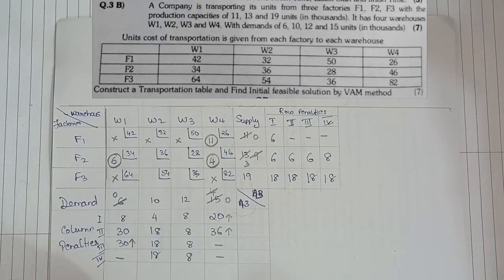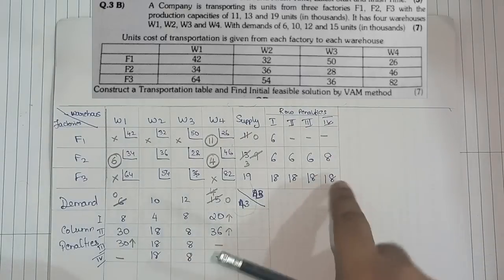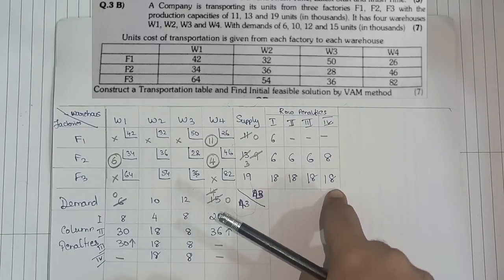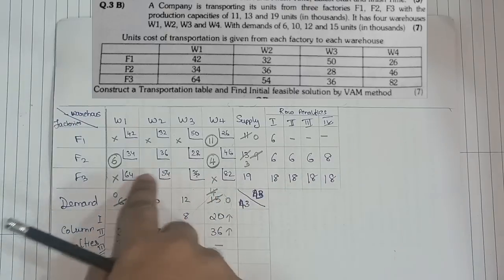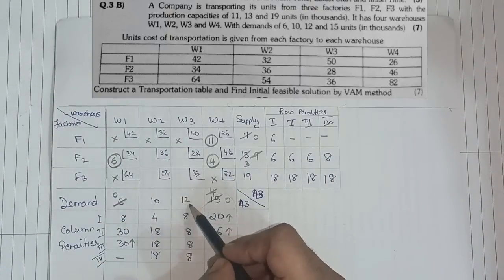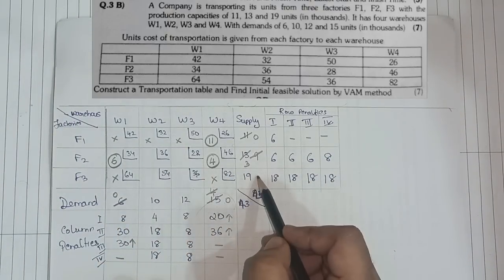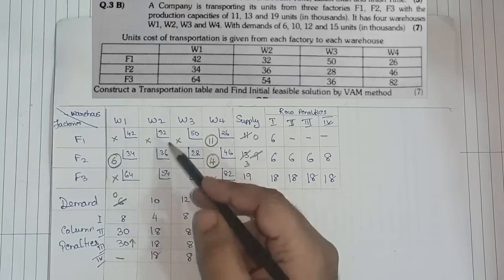Okay, now look at this very carefully. Same number, highest 18 is there, but 18 is there in both. So check now, if I go row wise, 36 was the lowest. How much can be allocated here? I could have given 12. Okay, and if I go here,